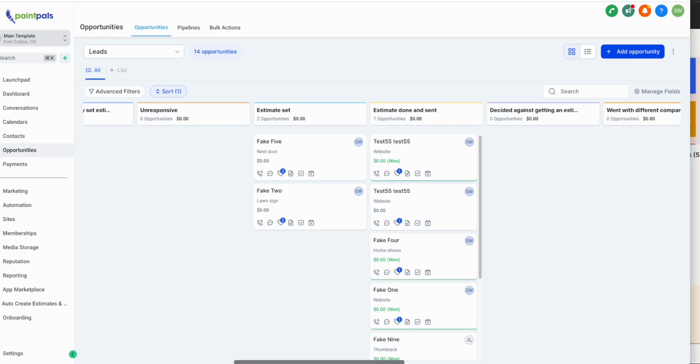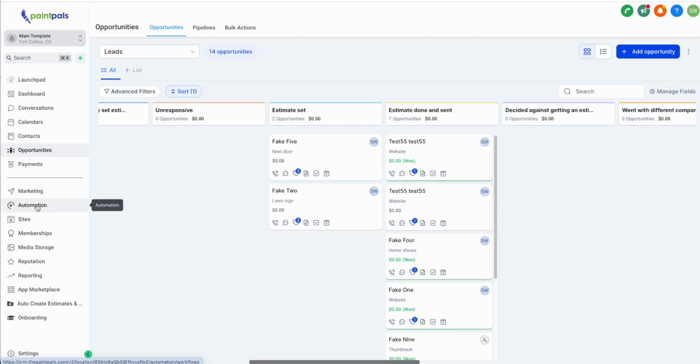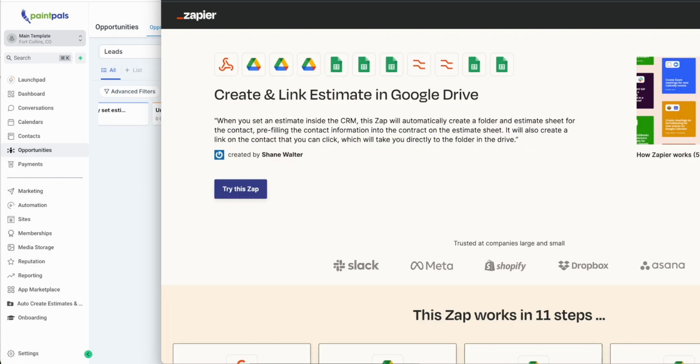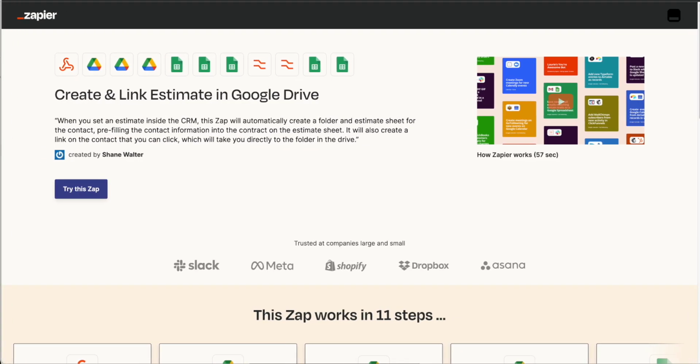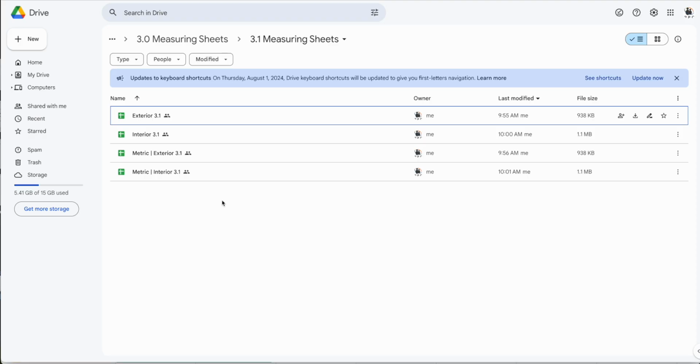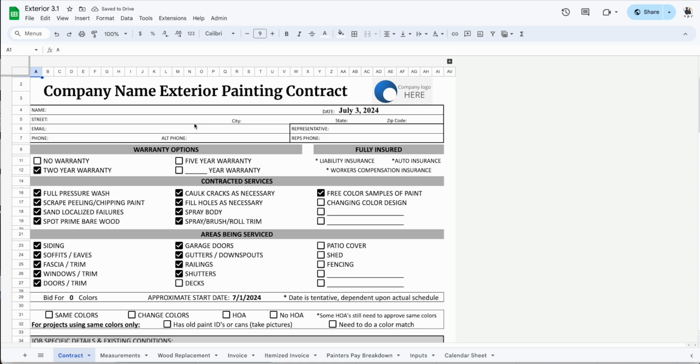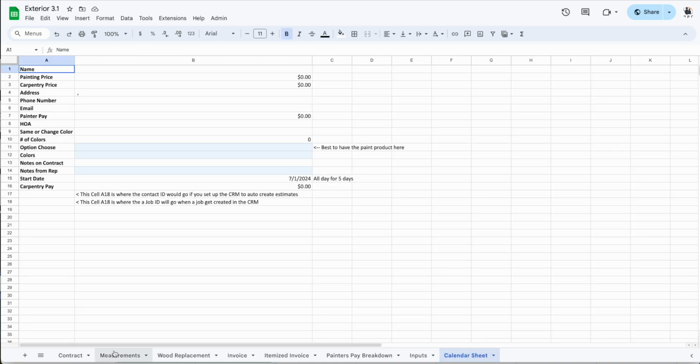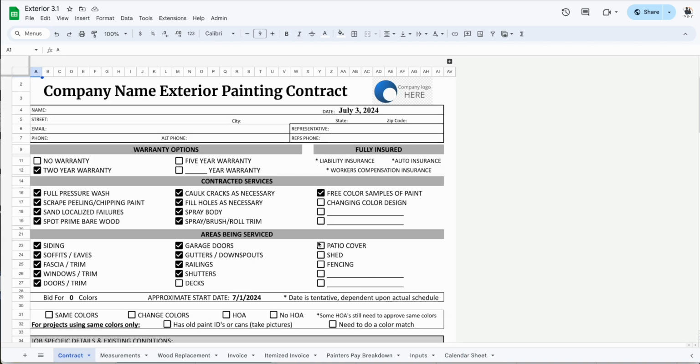So in order for this to work, you will need to use an automation that's already created for you, and you do have to link Zapier to it, which Zapier does charge per zap, so be aware of that. You're also going to need the latest version of my estimating sheets, the ones that have like a calendar sheet in them. You can make a copy of the new one, email me if you have any issues finding it,